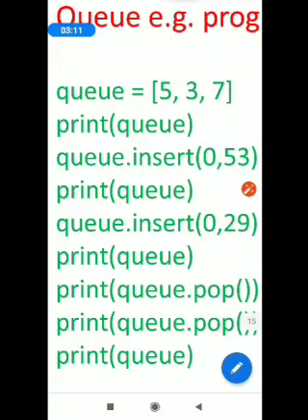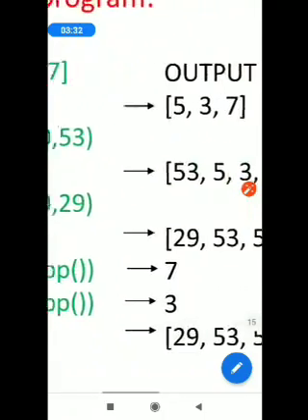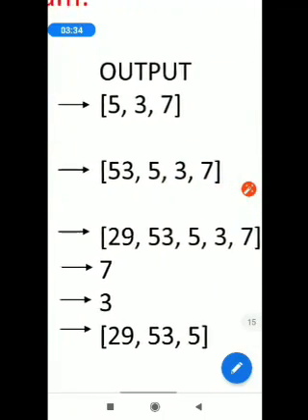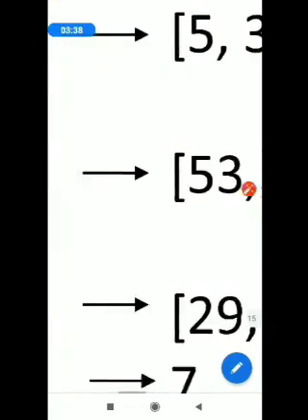Now in the Q I am using the list method insert to insert extra elements into it. So I am writing Q dot insert 0, 53. So 53 will be added at the 0th location or 0th index.